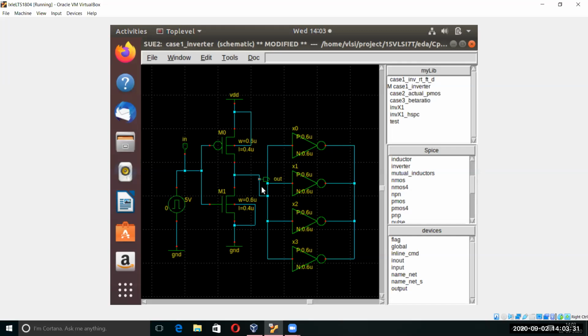Hello, sir. I have a doubt. If we have to check the W/L ratio, is it possible without the fan out inverters?